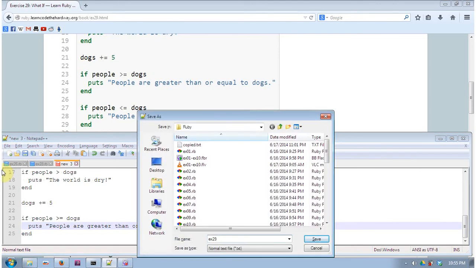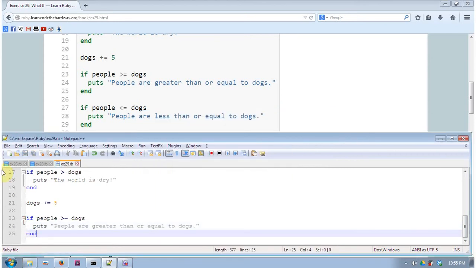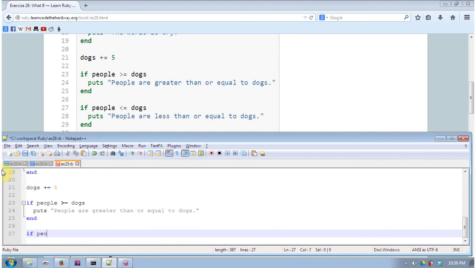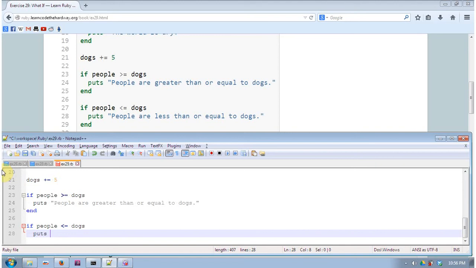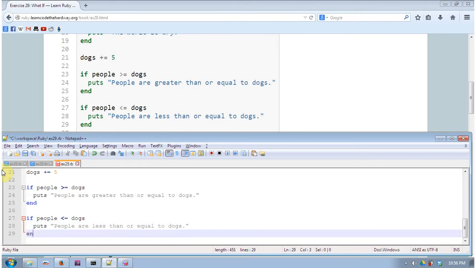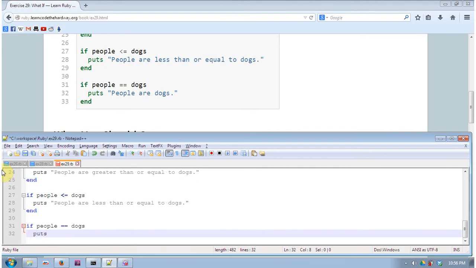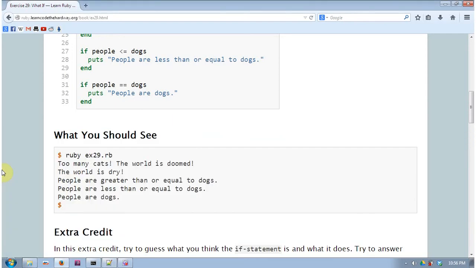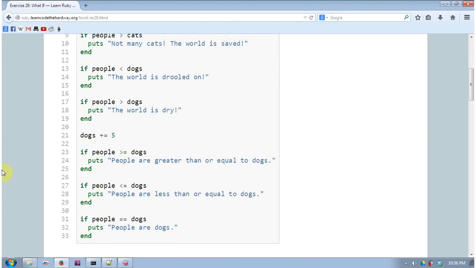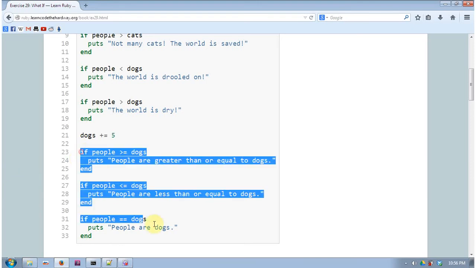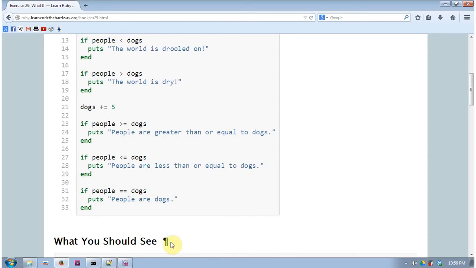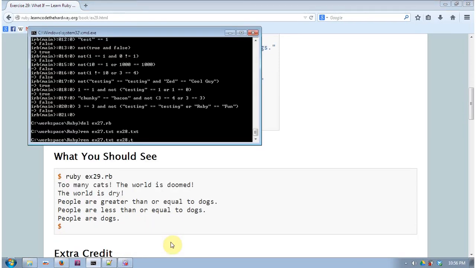You can save it. So exercise 29. If people is less than or equal to dogs, we have people are less than or equal to dogs. If people equals dogs, people are dogs. The initial value of people is 20, dogs is 15. We increment it by 5, so people and dogs have the same value of 20. So in effect, these three conditions will be executed: people are greater than or equal to dogs, people are less than or equal to dogs, and unfortunately people are dogs. So if we run this one,